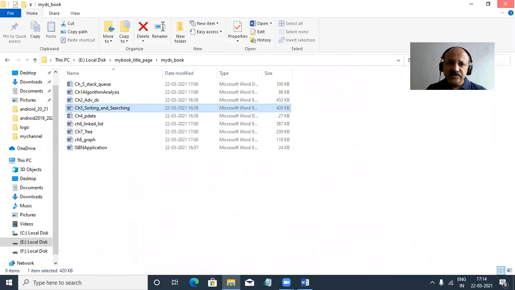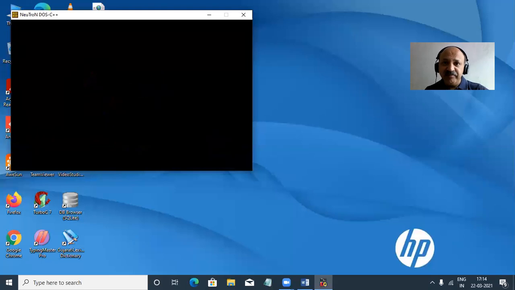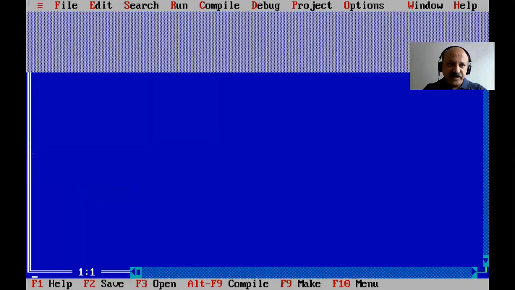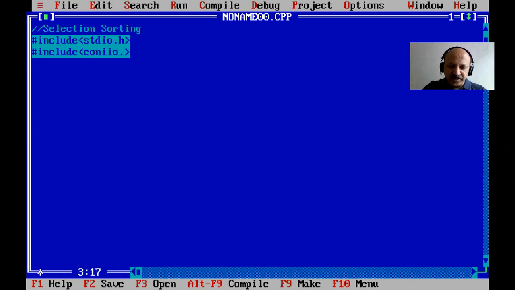Now I start in Turbo C++. Let us apply it; we can also use dynamic arrays with malloc and calloc, but first I use a simple one. So first let us check, we can start the selection sort. The first sorting technique, selection sort, is very easy. Let us start. We define stdio.h, and then conio.h, the console input output header.